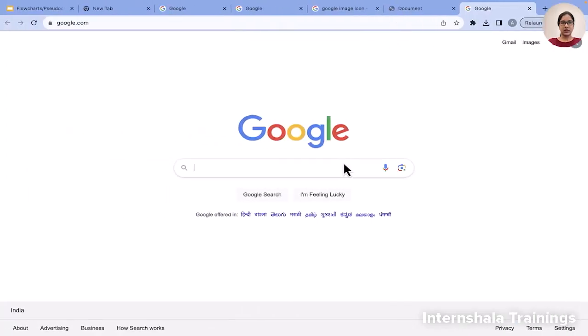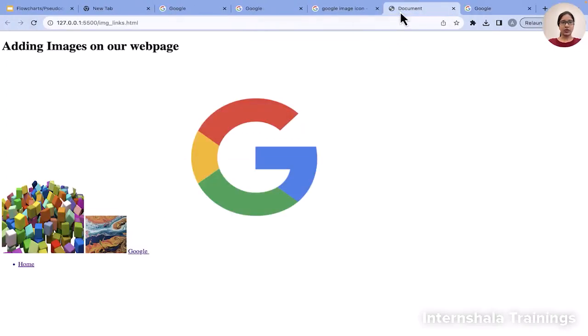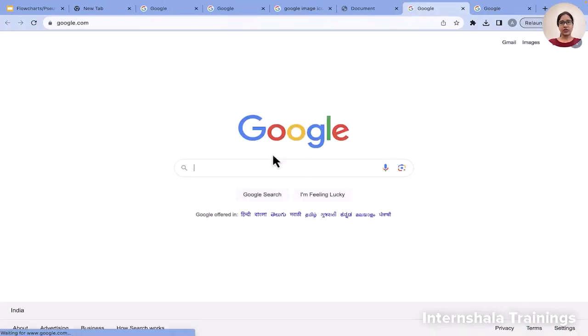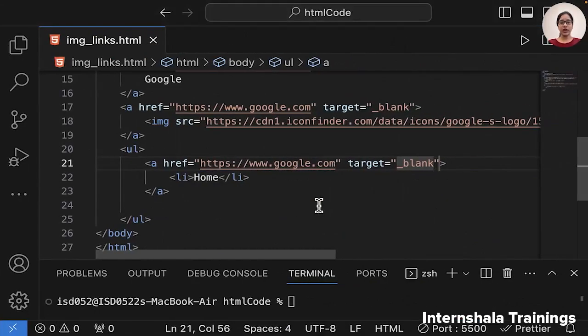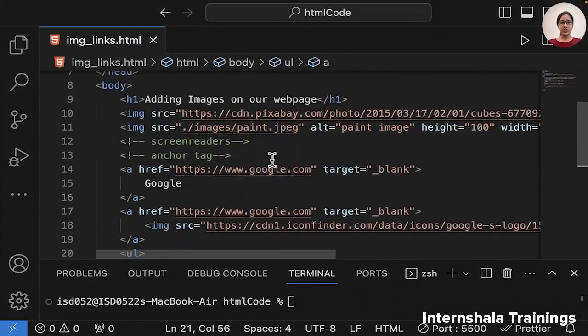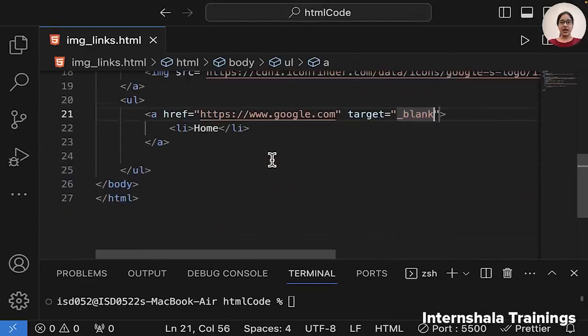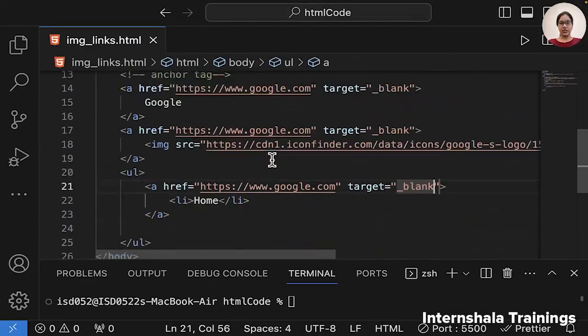Like this. So again, where is my document here? Right, so it has come to the list, and now again if you go, it is opening. So whatever URL you give, like currently I have used google.com, whatever URL you give, it will go to that particular URL. So this is how you add images and links inside your web pages.